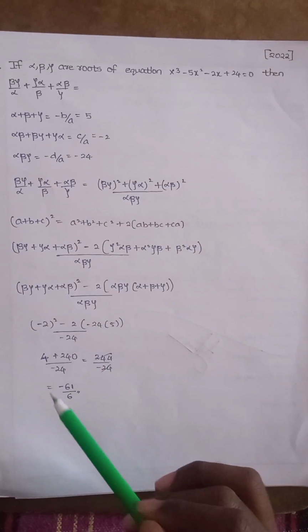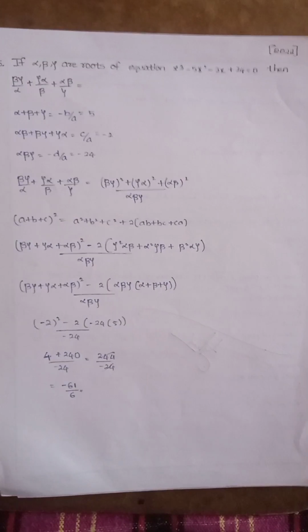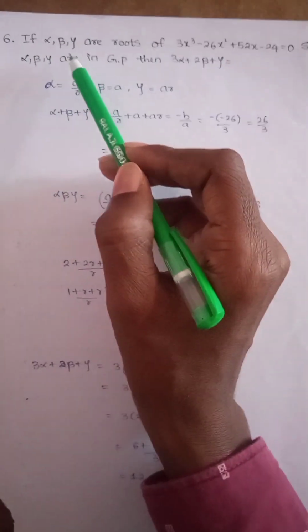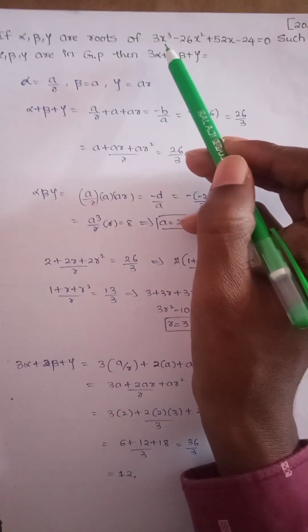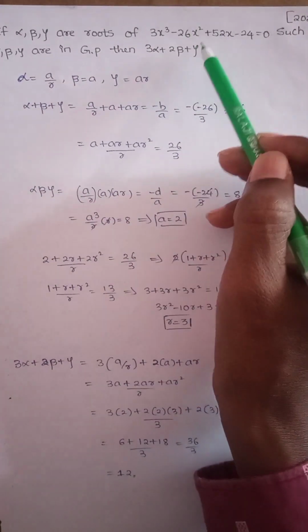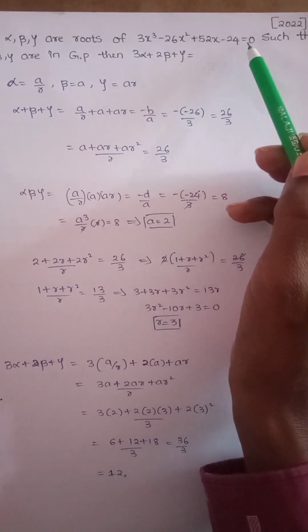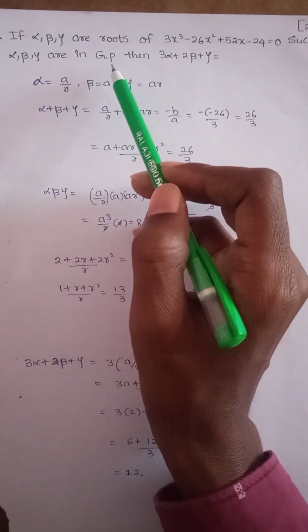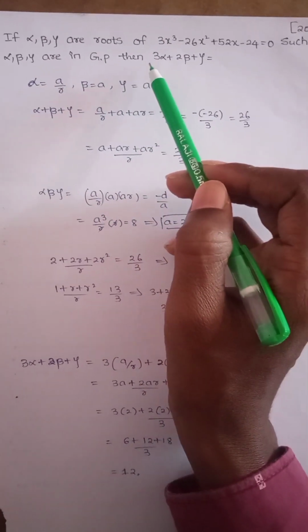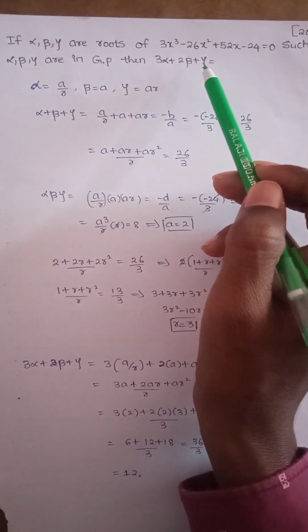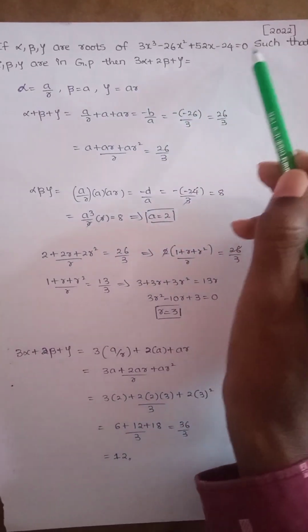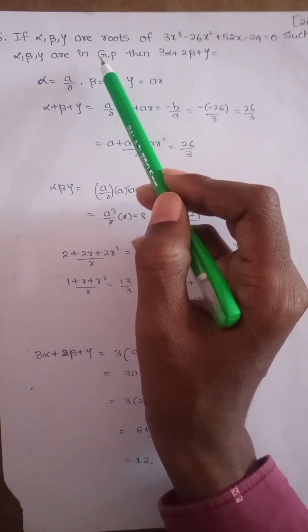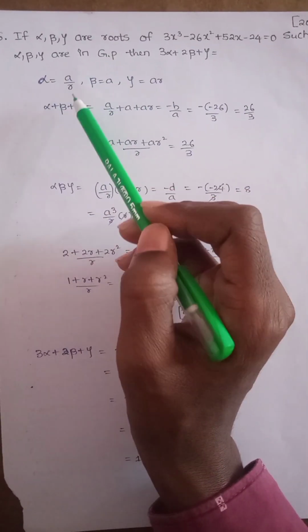This is the required answer for the given equation. And the next question is, if alpha, beta and gamma are the roots of the cubic equation 3x cube minus 26x square plus 52x minus 24 equals 0, such that alpha, beta and gamma are in GP, that is geometric progression, then find the value of 3 alpha plus 2 beta plus gamma. It was asked in the year 2022. Whenever the roots are in the GP, we need to assume the roots as a by r,